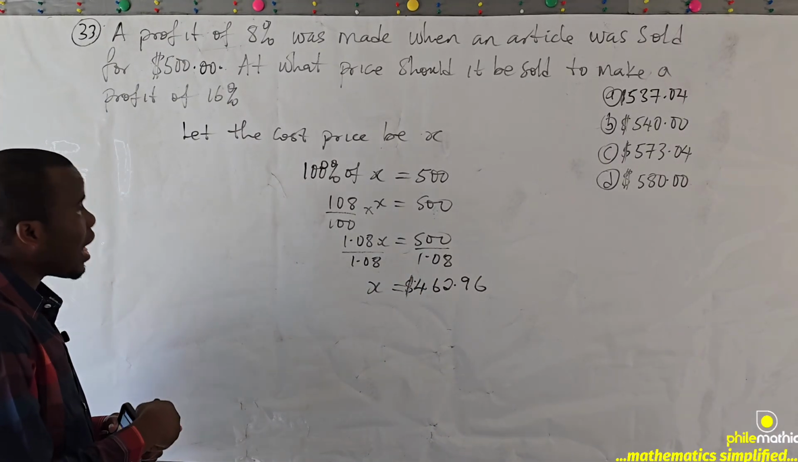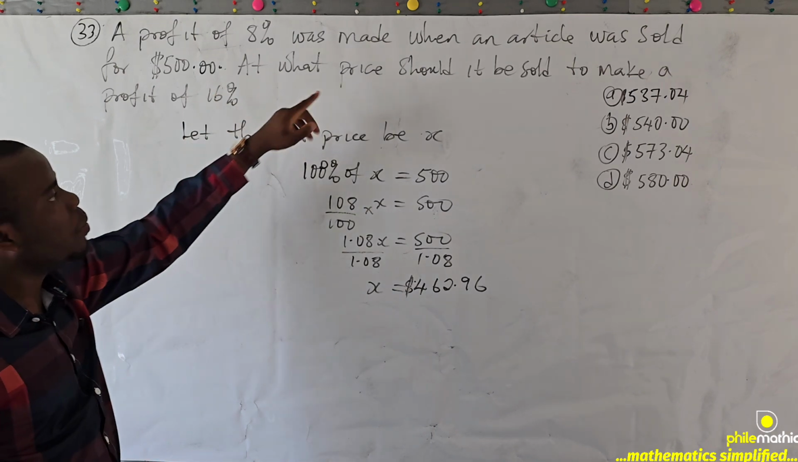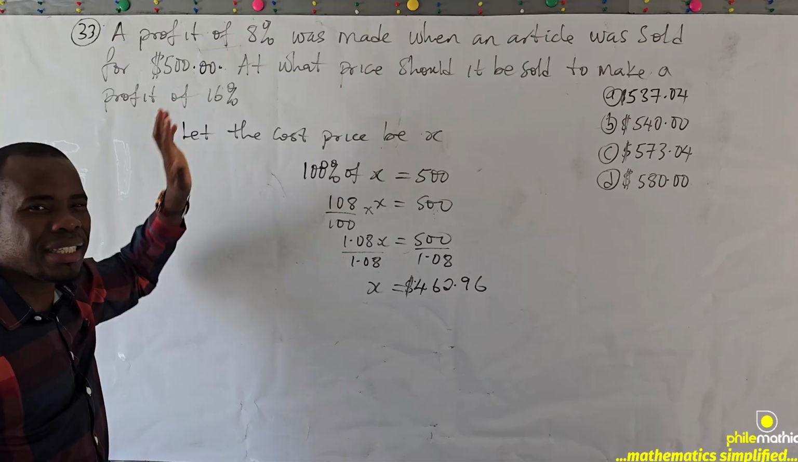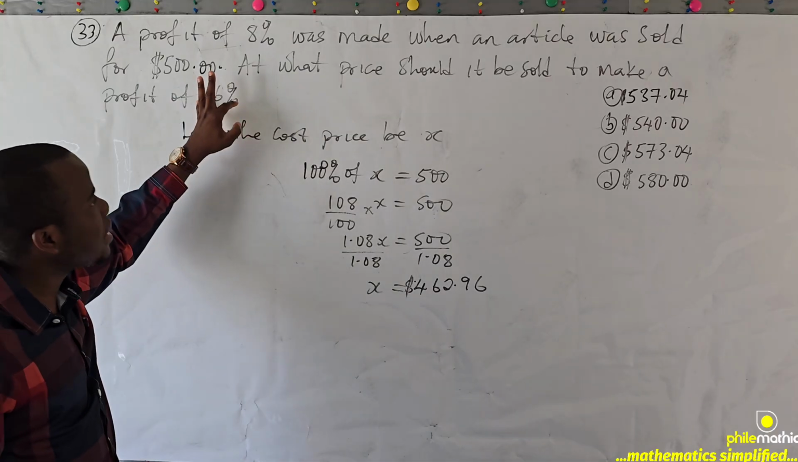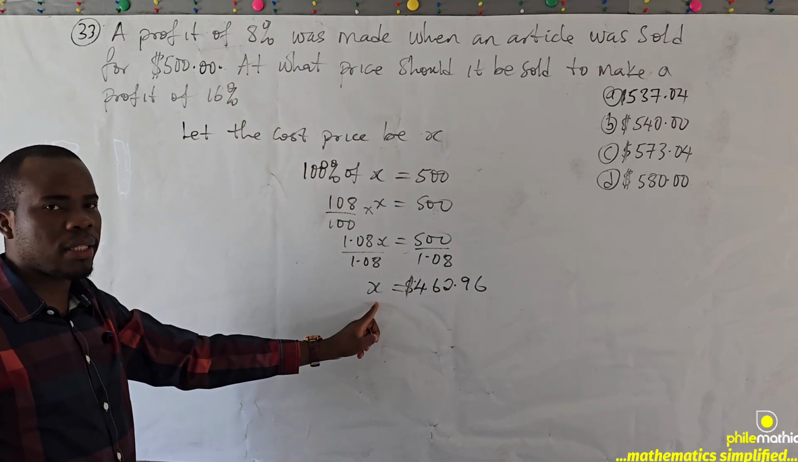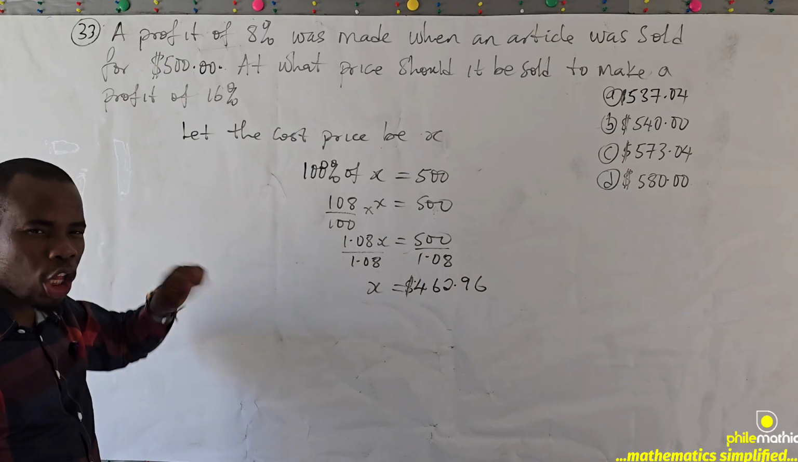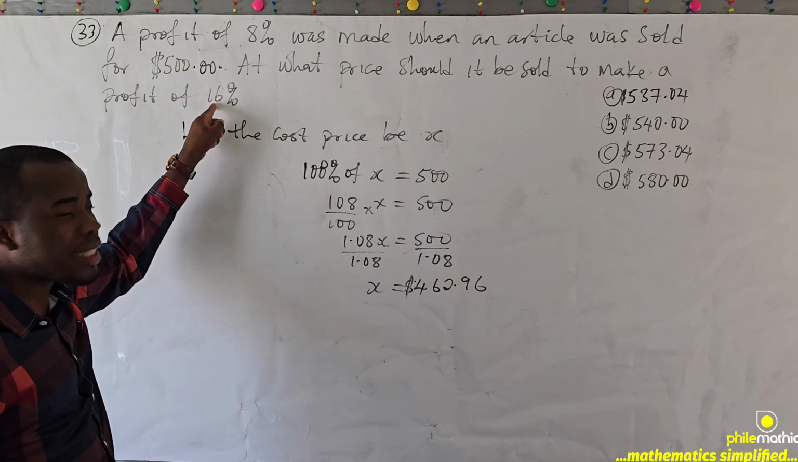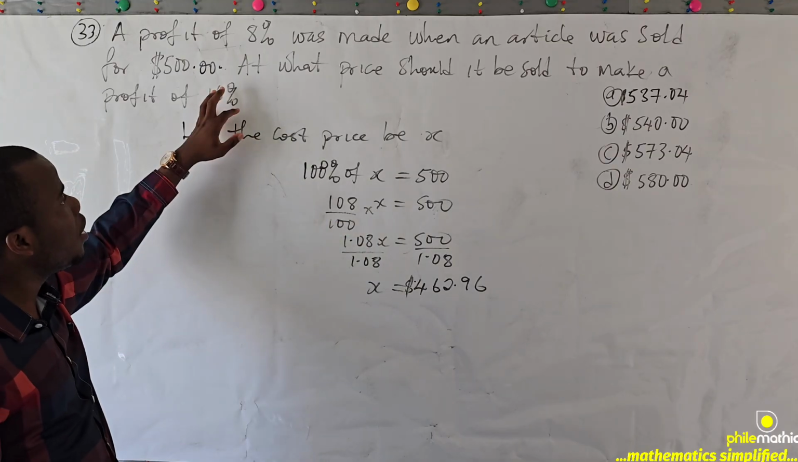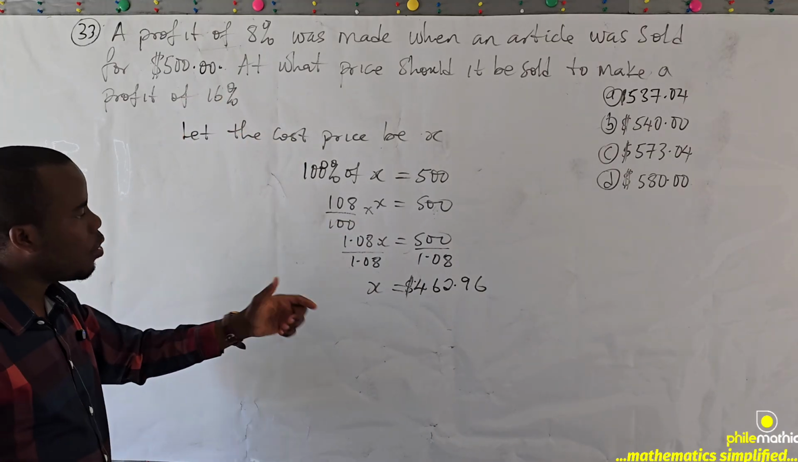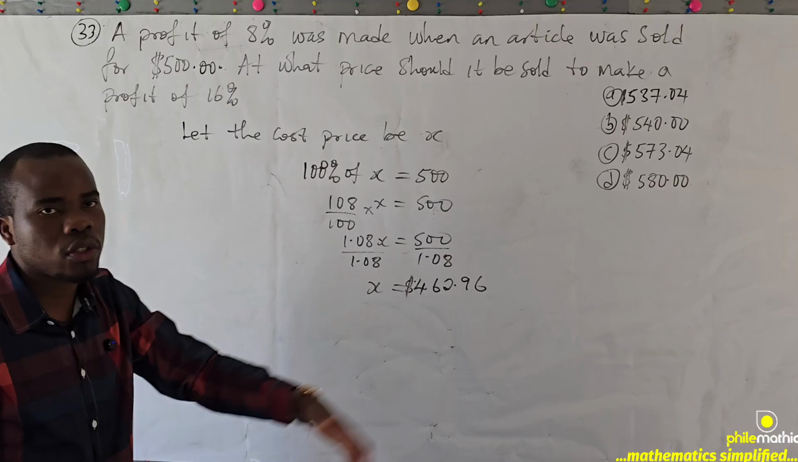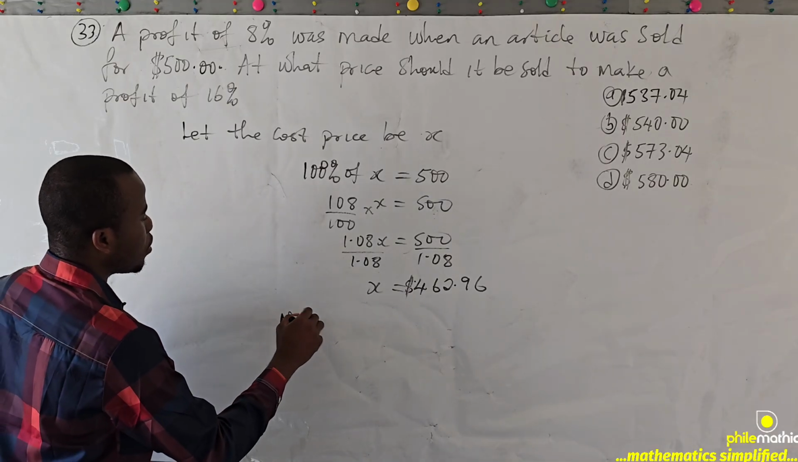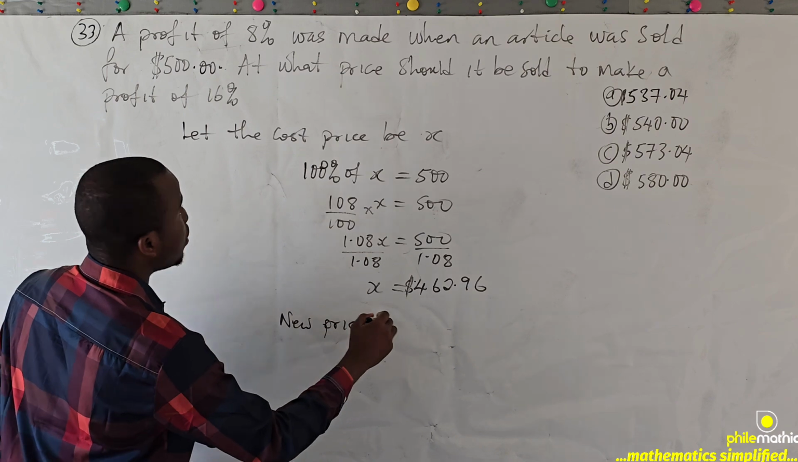Now, from what I have explained, to find the price it should be sold to make a profit of 16%, it is simply 116% of this cost price. If it is to make a loss of 16%, you subtract 16 from 100%. It will be 84% of this cost price. That gives us the selling price. So new price is simply